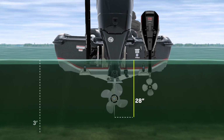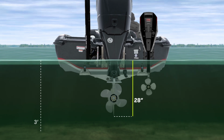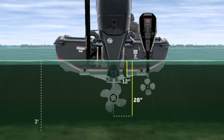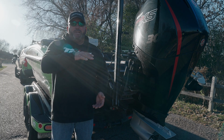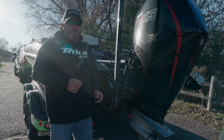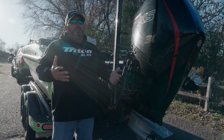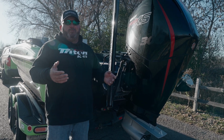But one thing that you need to take note of is our transducers are on the bottom of the boat. So you have to subtract that area from the water line to the bottom of the boat to figure out exactly what you need to be able to plane off. In the example of the Triton 206, I know that I need roughly 28 inches of water or so to